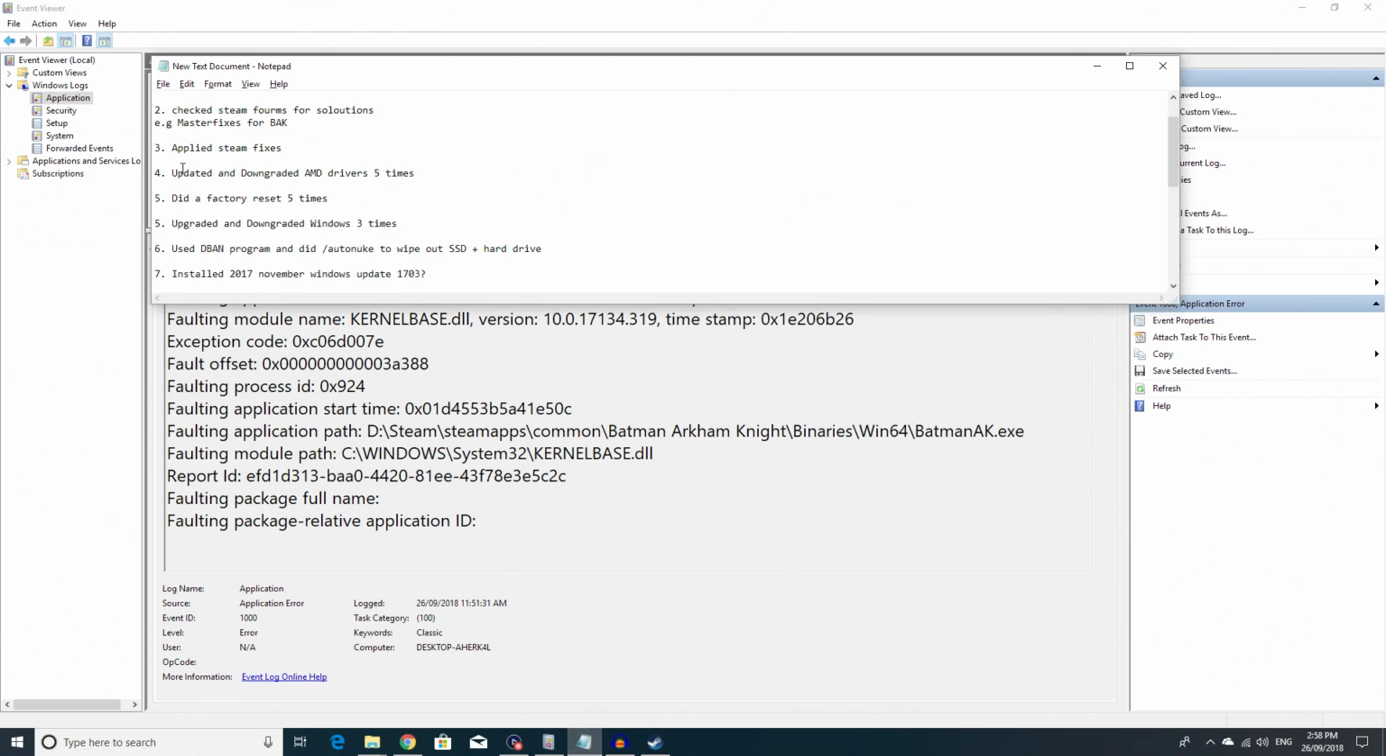I've updated and downgraded my AMD drivers 5 times. I purposely did a factory reset 5 times to ensure everything is actually gone, and that didn't work, and I didn't even back up any of my PC files because I just want the game to work already. So anyway, after that I went ahead and searched up online